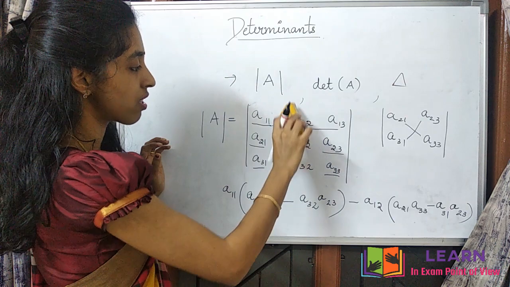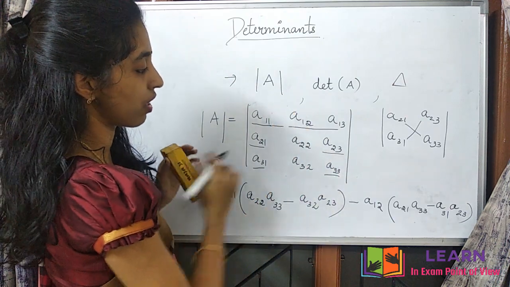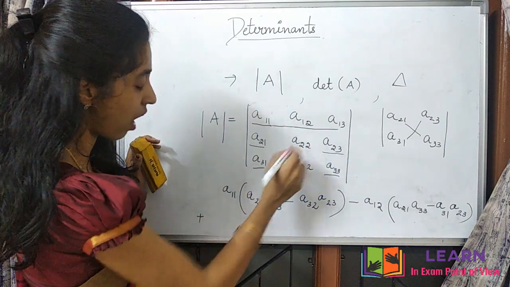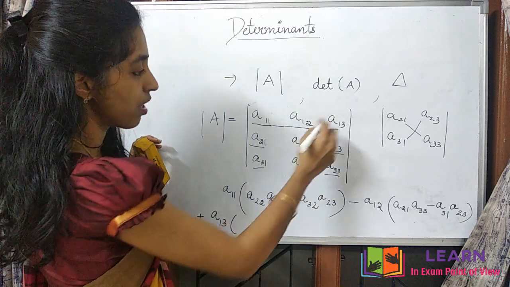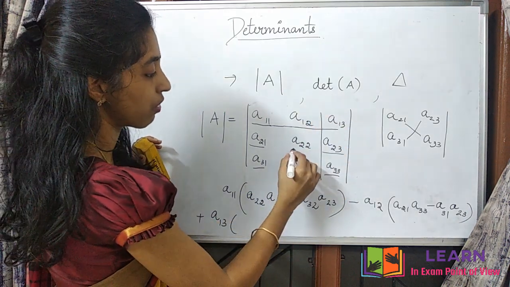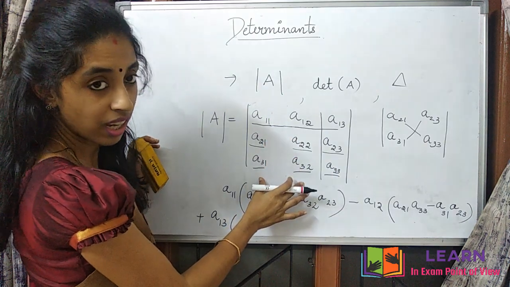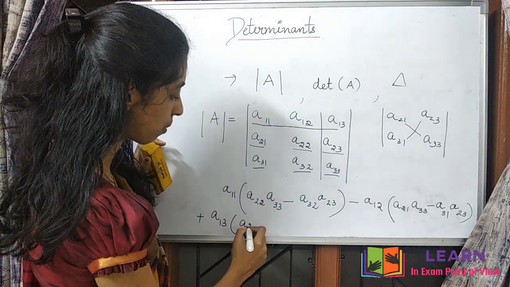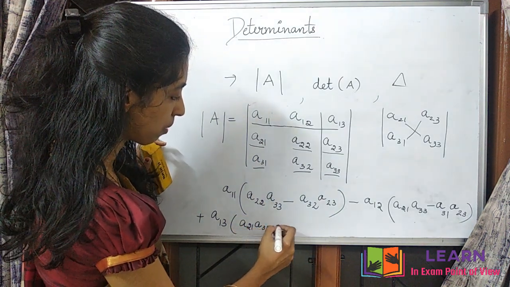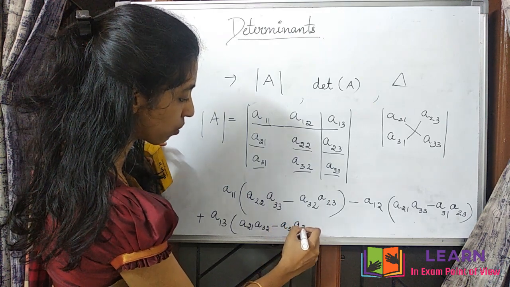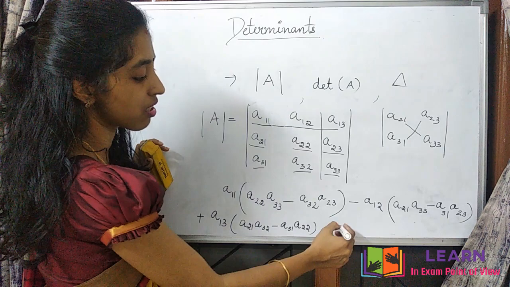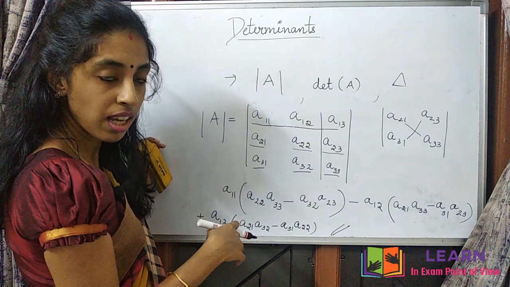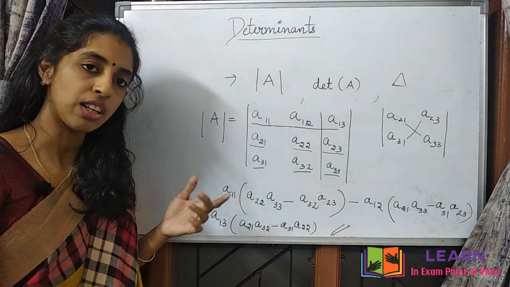Then finally the last element. Again the sign will change. Here it was minus. For this we will take plus. Okay. So plus we have A13. Keep in mind it is vanished. Then we have the remaining 4 elements, which is again a 2 by 2 matrix. Then perform the similar operation. So A21 into A32 minus A31 into A22. This will be the answer of the determinant A. On solving the exercise problem, you will be more clear. We can do one example.